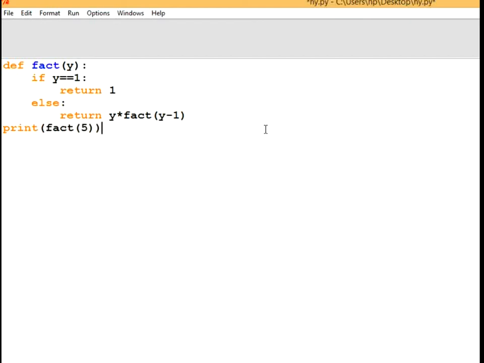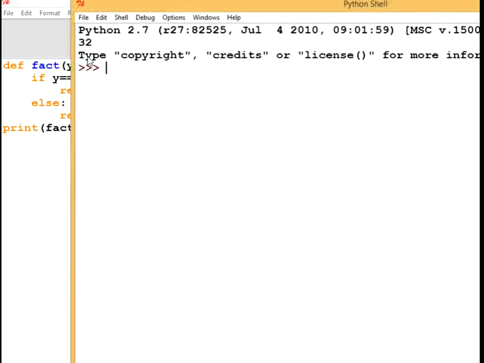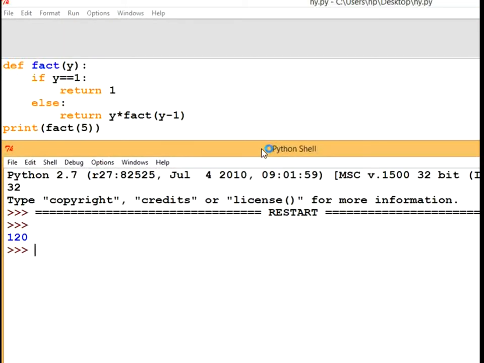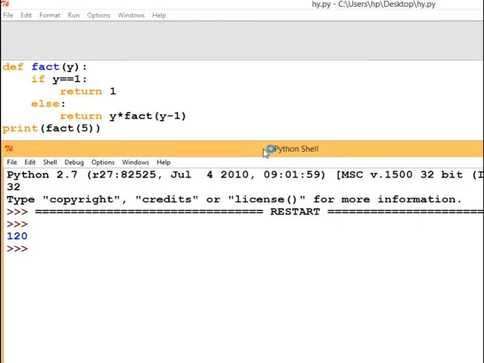For example, in the fact statement I have passed the argument 5. When I pass 5 over there, it will check whether 5 is equal to 1. The if statement will not work, so it will move toward the else statement. There it will compute 5 minus 1, that is 4. Then it will move to the next call: 4, 3, 2, 1 and so on. Because factorial basically means we multiply the number by the previous number. Like if we want to calculate the factorial of 5, it will be 5 into 4 into 3 into 2 into 1. So that's basically the factorial.